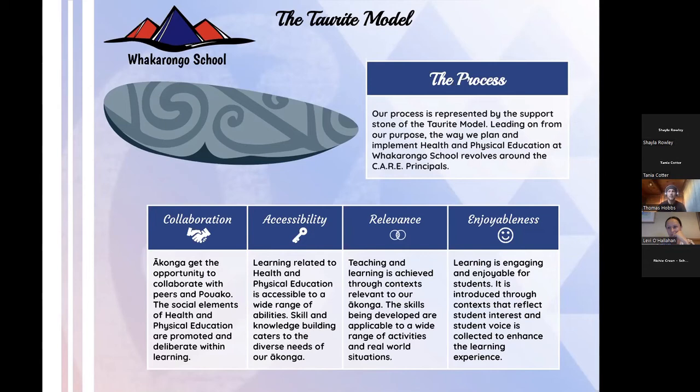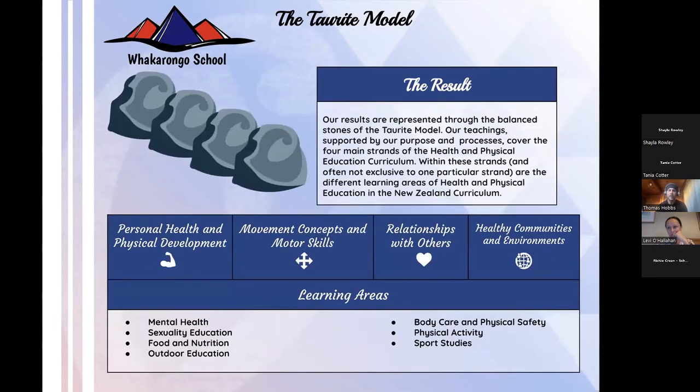So seeing what sort of things they're interested in, ways that they like to move in. And finally, the results. So the why: our results are represented through the balance stones on top of the Taurika model. Our teaching, supported by our process and purpose, covers the four main strands of the health and PE education curriculum. So once again, this is linked directly to our national curriculum, but in a way that is, I guess, influenced by our purpose and by the way that we actually deliver